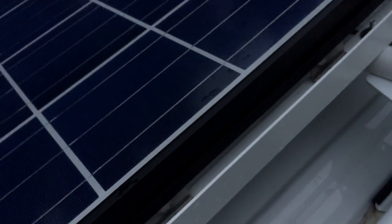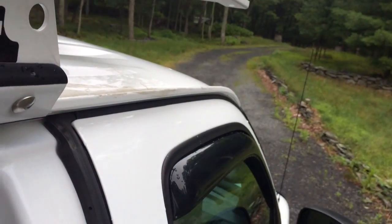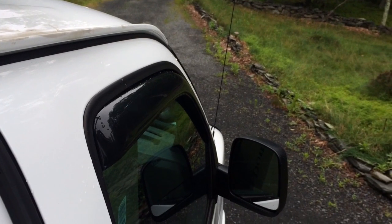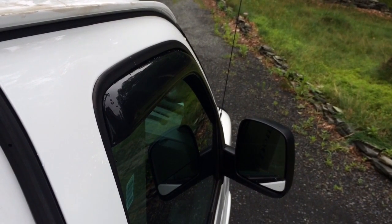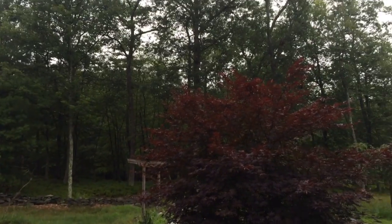And here's another interesting fact. I've said this before, I'm going to say it again. You can see the weather. It's cloudy. You can see my sunroof, my solar panel probably wet up there. And you can see rain, water on the side of the wind visor there. And the interesting thing, let me bring you back in. As you come back in,